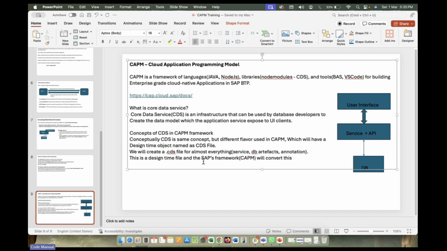In the data model, you could see that the data definition will be available. It will convert the design time definition,